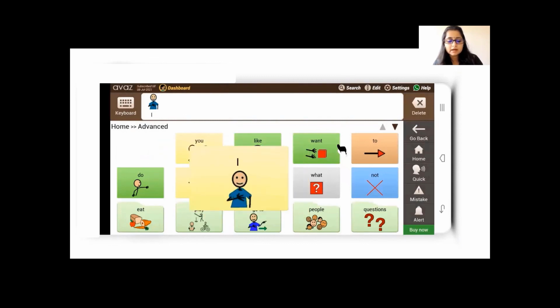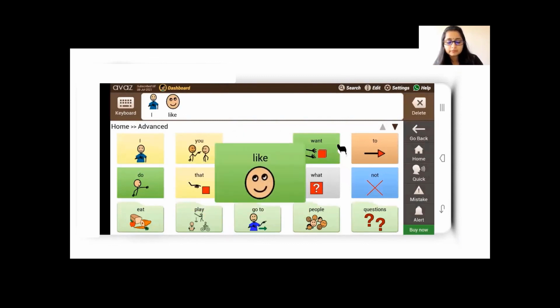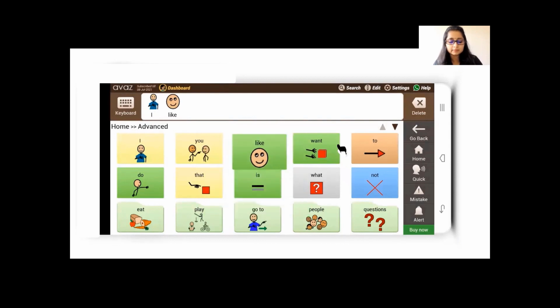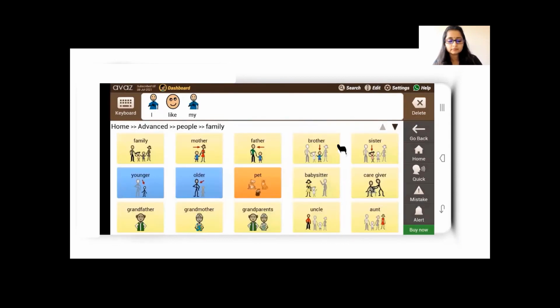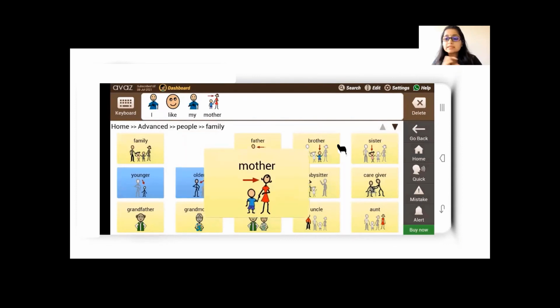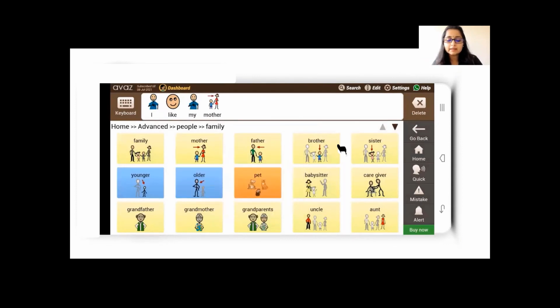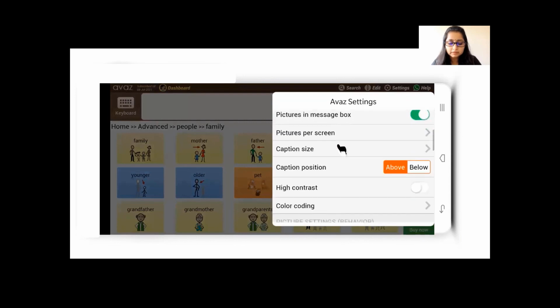I pressed I, but it didn't say it aloud. I like. It didn't say any of these words, but when I hit the message bar, I like my mother. Only then it speaks it out. So delete, delete, delete, delete. Again, there are different settings depending on what level your communicator is.